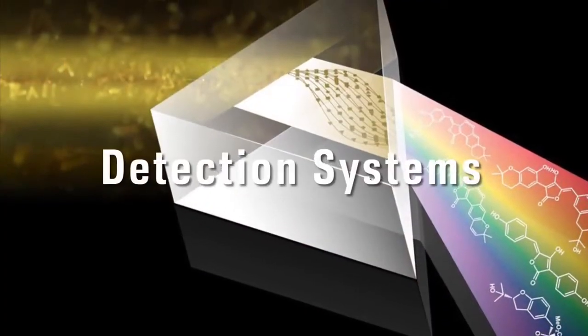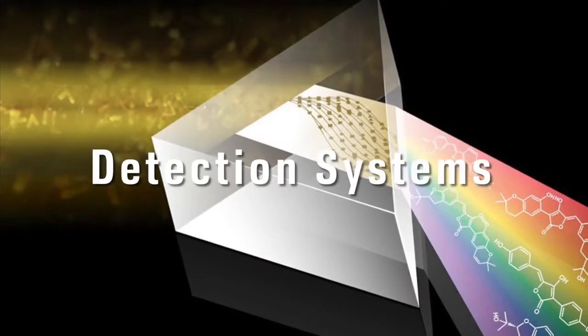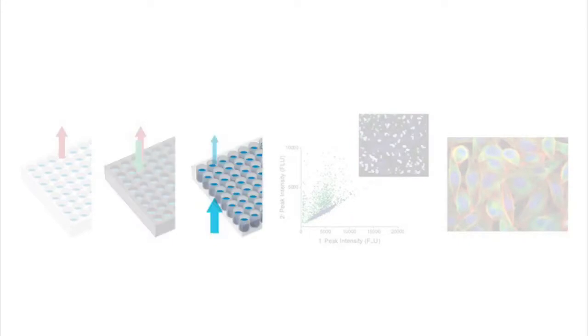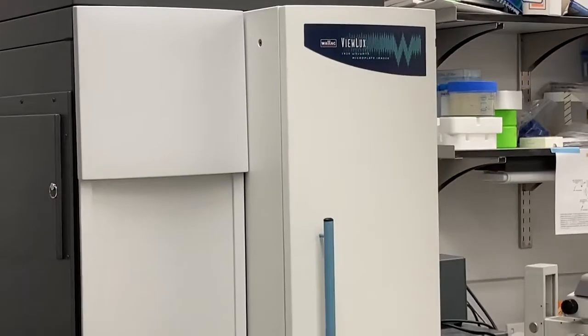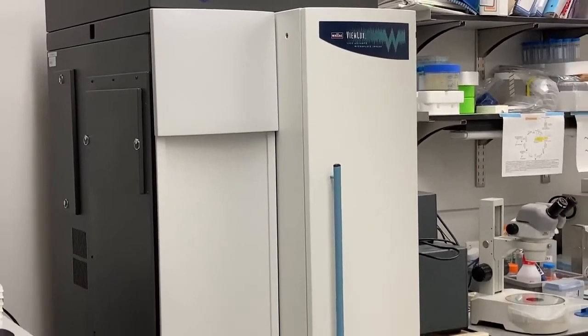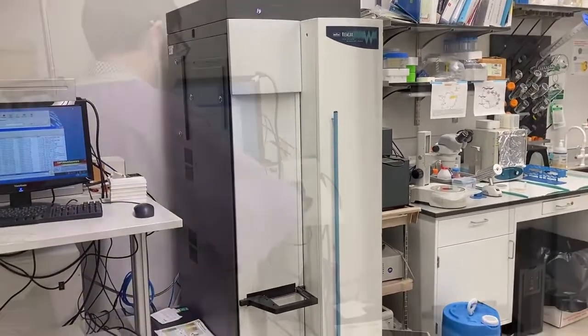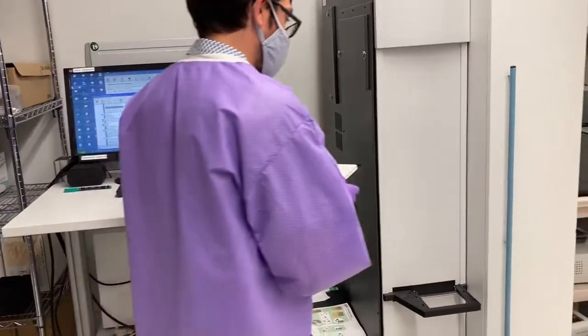The lab employs a number of different detection systems for reading and quantifying various assay outputs, including luminescence, fluorescence, absorbance, laser cytometry, and high-content images. The Vulux is the workhorse of the lab, being the primary reader for luminescence in cell-based reporter assays, luminescence-based cytotoxicity counter screens, and coupled enzymatic assays.